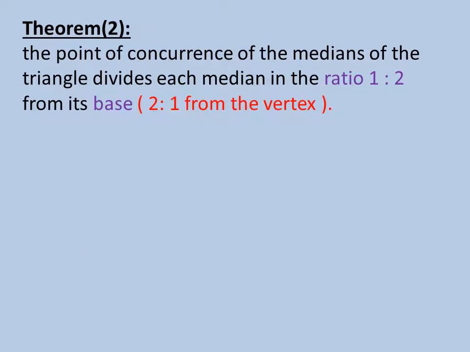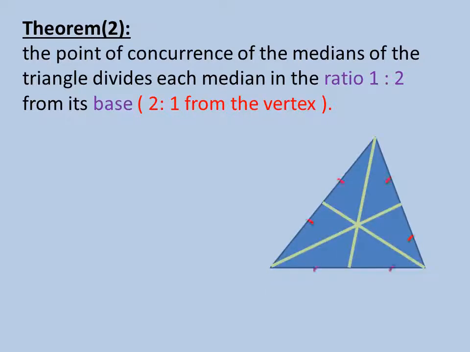Now we will study theorem 2. The point of concurrence of the medians of the triangle divides each median in the ratio 1 to 2 from its base, or 2 to 1 from the vertex. What do we mean by this theorem? If we have a triangle ABC,